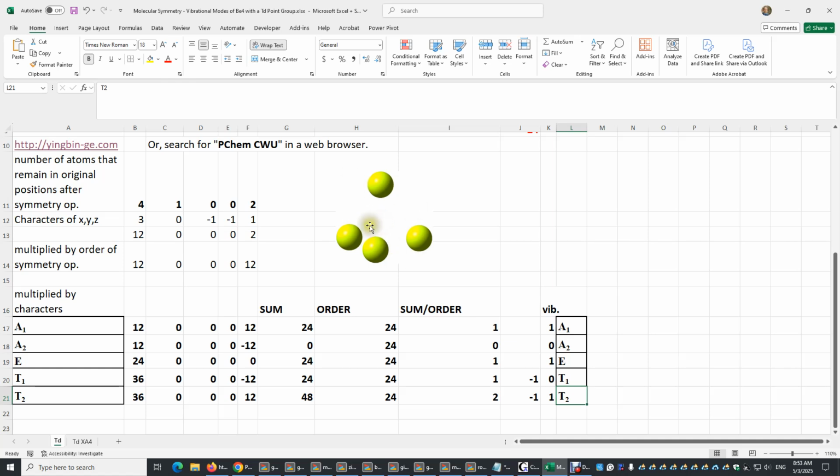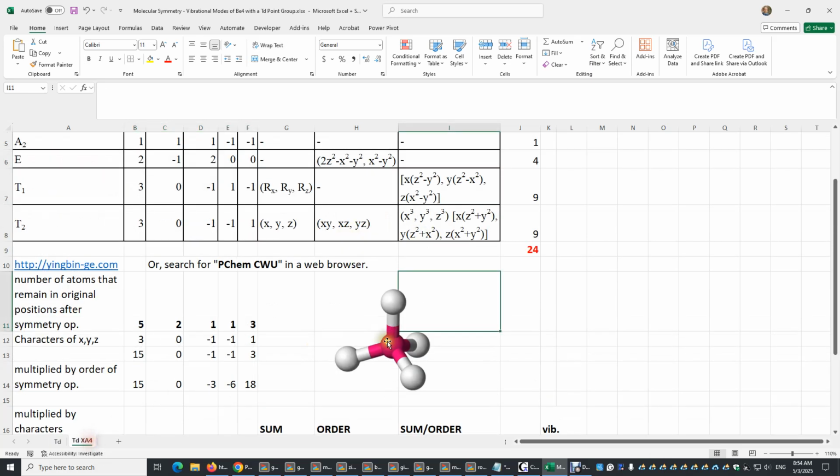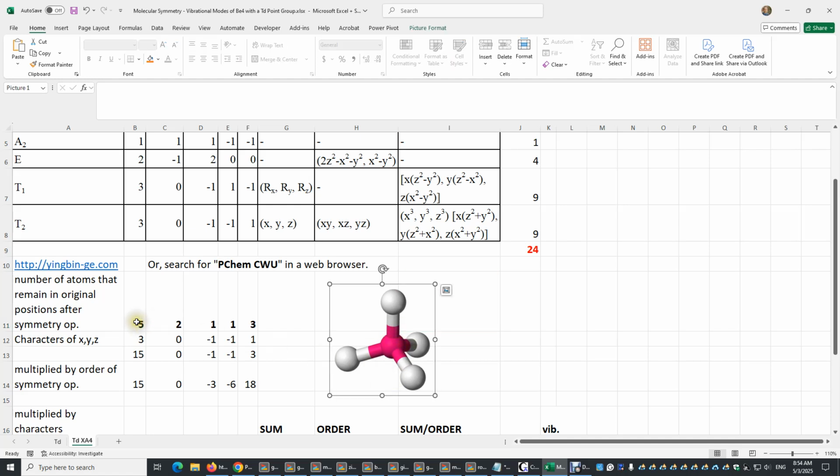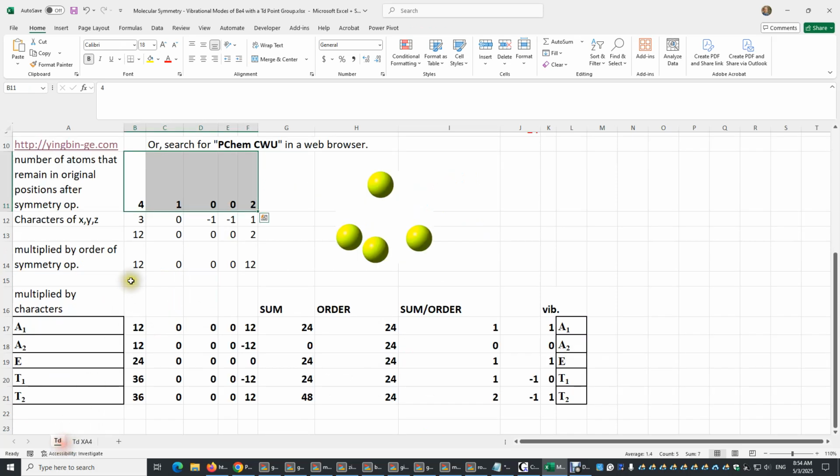What if you have another atom right at the center? Well, it's pretty easy, because when you do any symmetry operation, this central atom remains in its original position. So over here is the number of atoms that remain in original position. If you have one additional central atom, you simply add 1 to all these 5 numbers. So I'm going to show you the structure with a central atom, and then you can see this is 5, 2, 1, 1, 3, compared to this